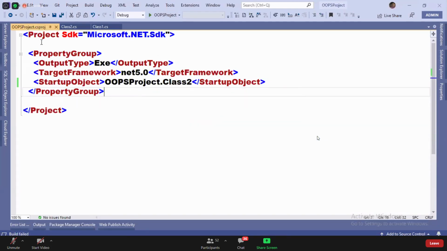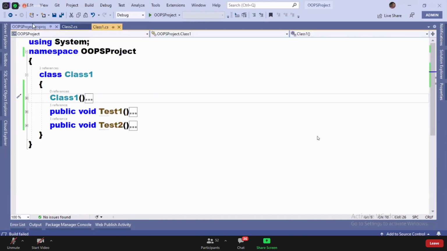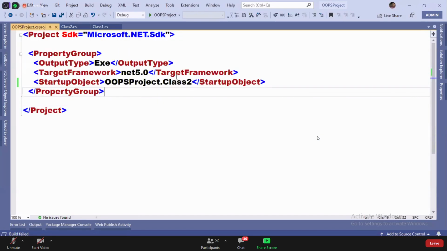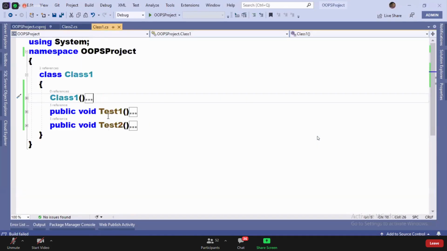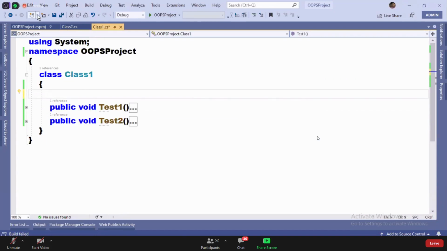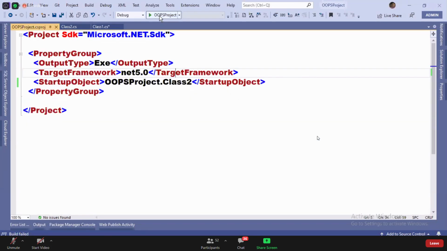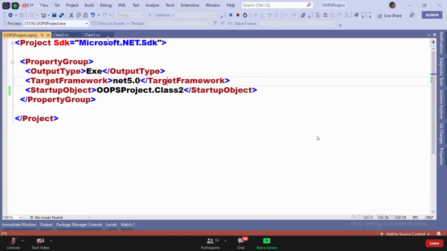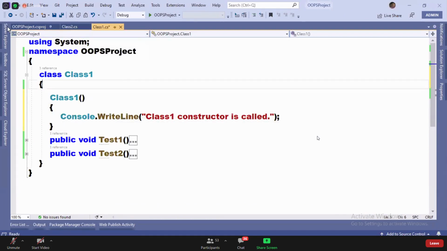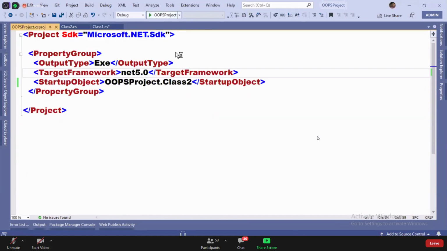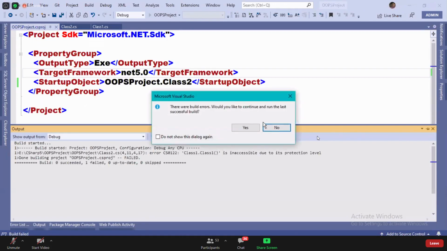Did you guys understand me? When I define a constructor in class 1 and execute class 2, I'm getting an error. But see guys, when I did not define this constructor, let me remove the constructor and just execute class 2, everything is fine. But when I define this constructor, then I'm getting an error.